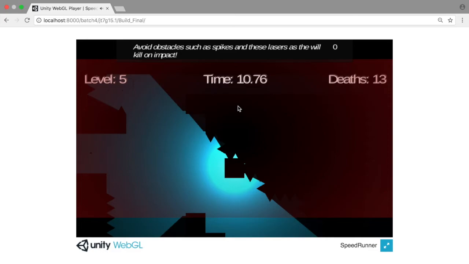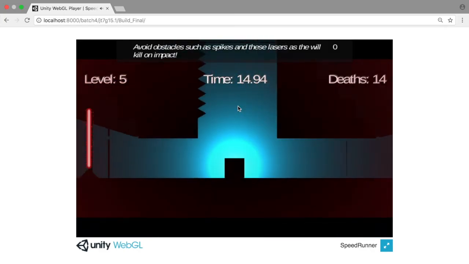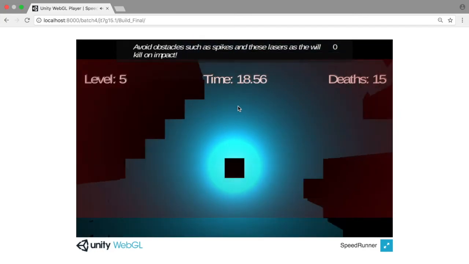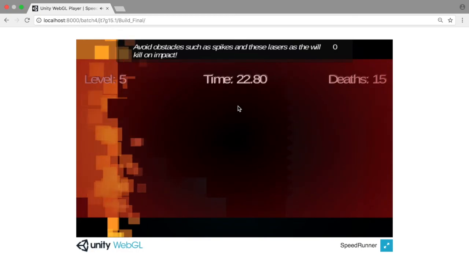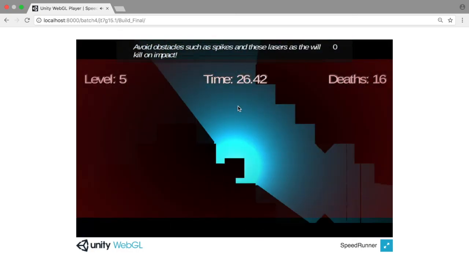Avoid obstacles such as spikes, and they will kill on impact. So this is an odd decision as well. I can actually go in two different routes here. To some extent that's quite nice, but exploration is not necessarily something you want in a race to the end. You want an immediately obvious route. It should all be about...